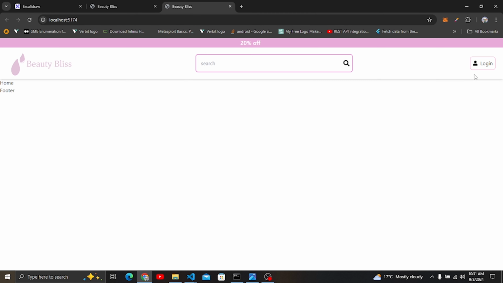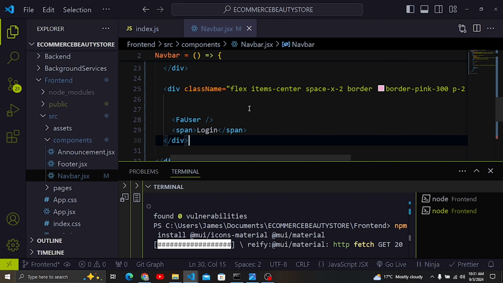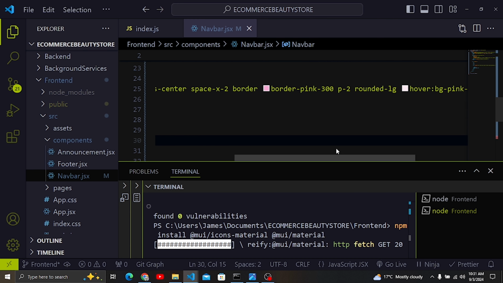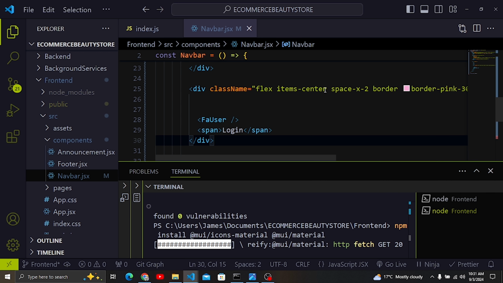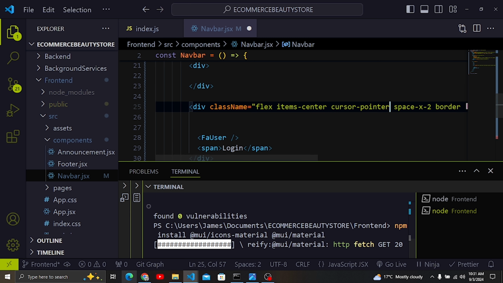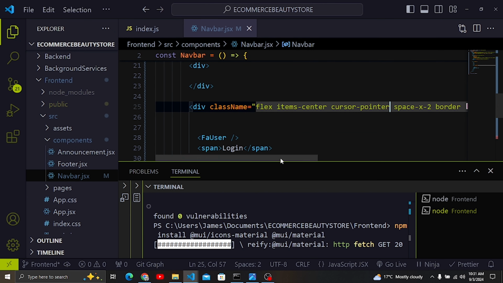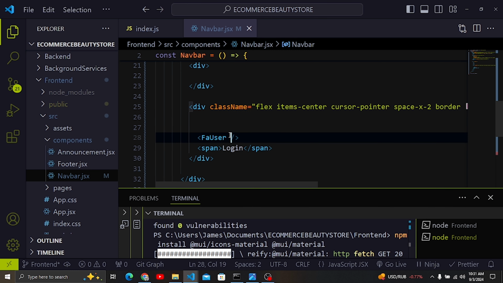So yeah, you can see now we have this, but we are going to add now the icon and the badge here. So let's also make sure that we add another styling here, and this is cursor should be pointer. So cursor pointer, and if I add that and then hover over this part, you can see now cursor should be pointer right here. So now let me push this down,